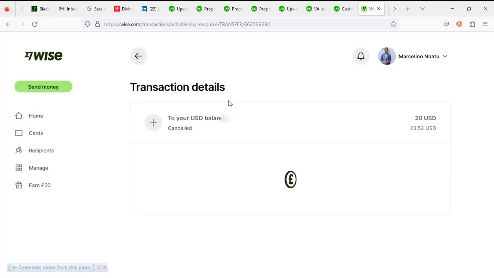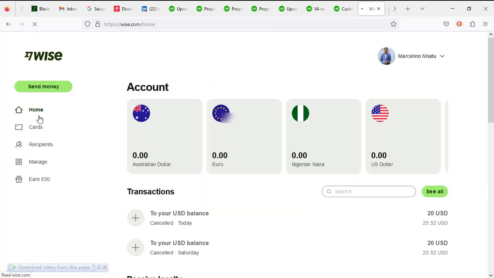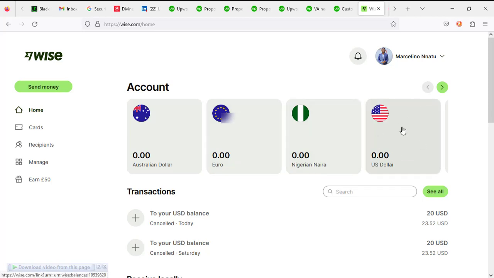All right, so the transfer has been canceled. So we can now go back home to where we were. Now, if you look at this section, our money is supposed to reflect here, but we are not seeing anything. So what do we do? Head over to the email address that is tied to this account and see what we have